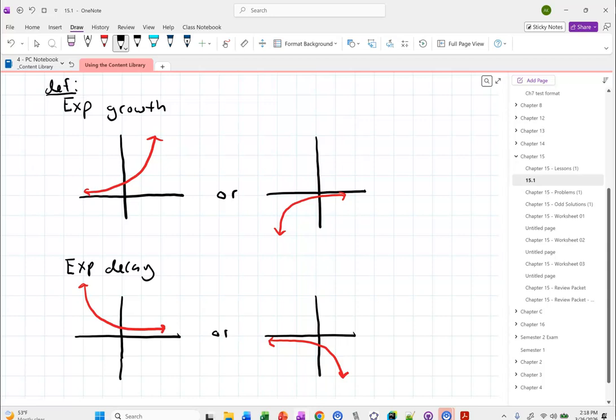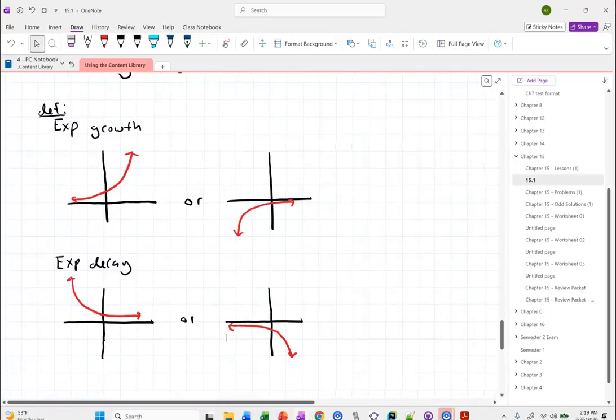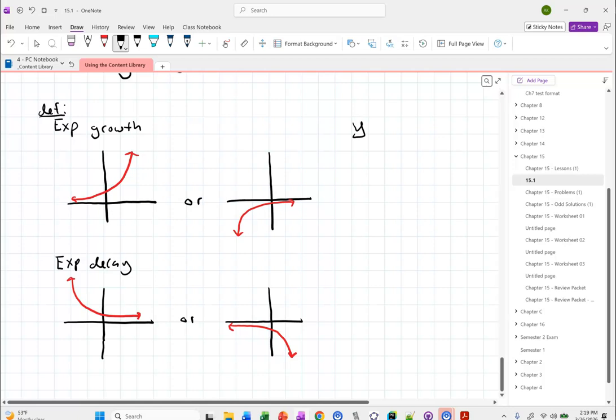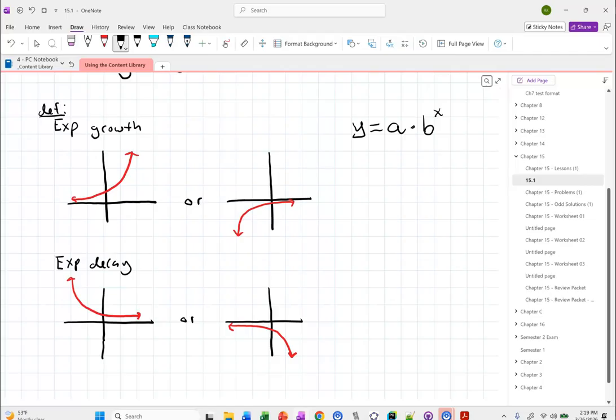Now, ideally, we'd like to be able to look at our equation for our exponential function and be able to tell if it's exponential growth or exponential decay just from looking at the equation and not have to generate a graph for it. So to do that, if I look at something in the form y equals a times b to the x,